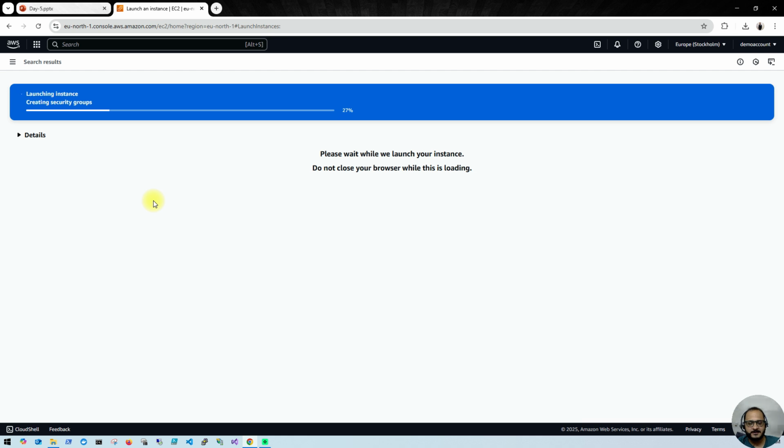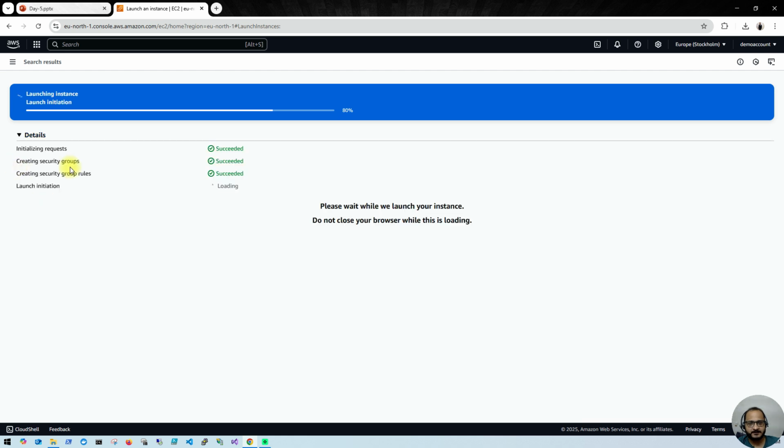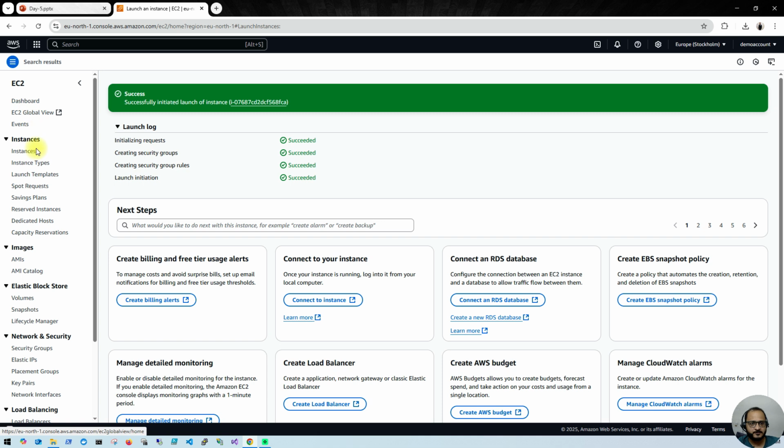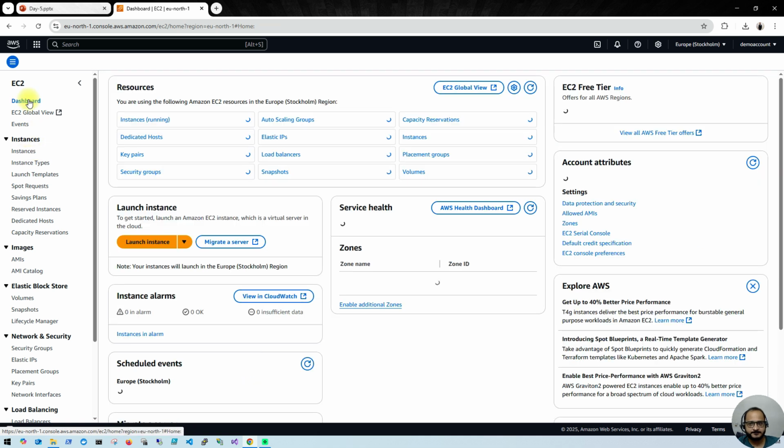So it will take a couple of minutes to launch the EC2 instance. You can see the details as well. What is happening: initializing request, creating security groups, then creating security group rules, then launch initiation. So if I go back to my EC2 dashboard,